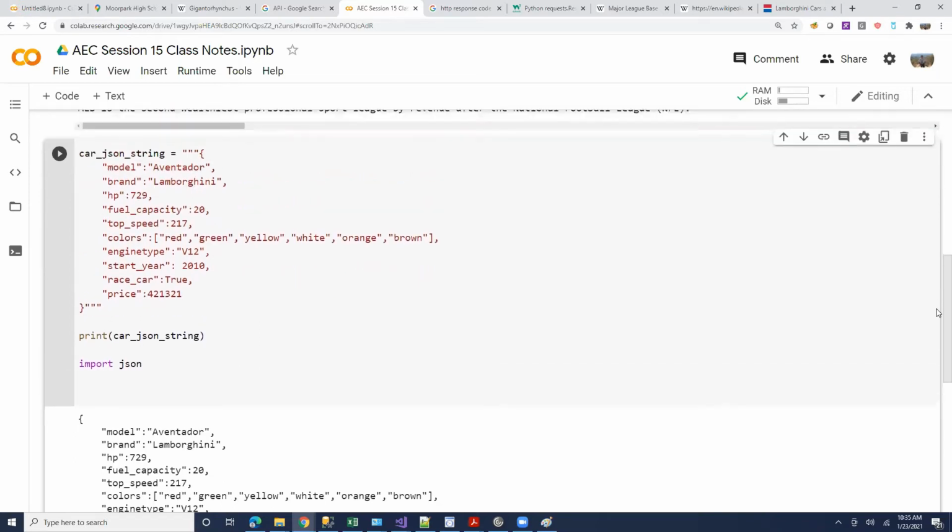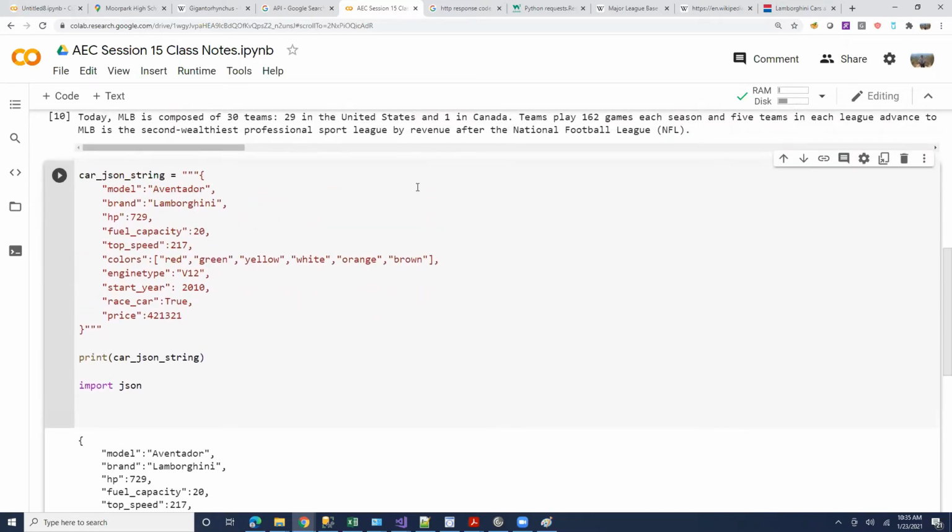One is take a dictionary, convert to a JSON string. The other is take a JSON string, convert to a dictionary. When would you use take a dictionary and convert to a string? Print, or in the web communication example, if you are the website, you would generate a JSON object, convert it to a string, and send it back to whoever is requesting the information. That's when you would convert to a string if you are the website responding. If you are the requester, you will get a string, and you want to convert it into JSON, right?